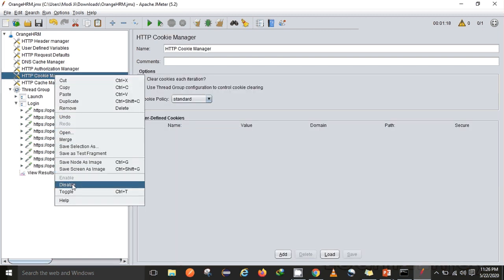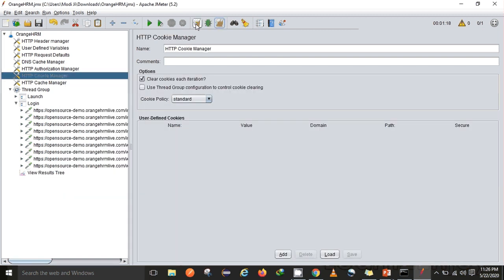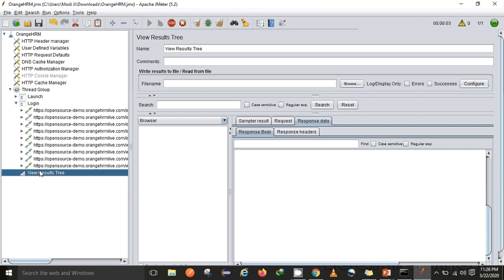Next, as I was telling, we can see the utilization of a cookie manager in this kind of auth flow. Here if I disable it, you will again notice the login test will fail, because we are using a RESTful API, which does not take care of the state of our users, but this cookie manager internally takes care of the state of a user. So it's mandatory to add cookies while performing this kind of login operation. If login uses a session ID and all, we need to add a cookie manager. The cookie manager will take care of the session which gets generated.